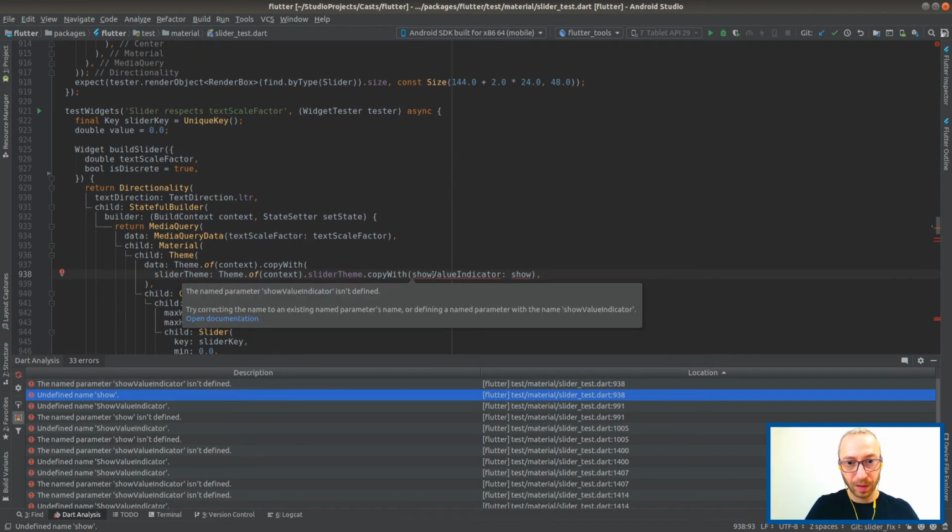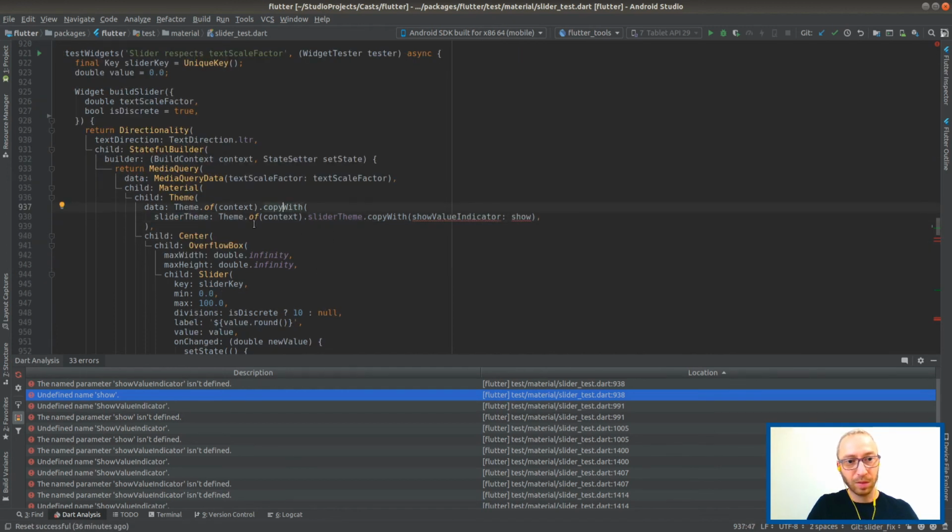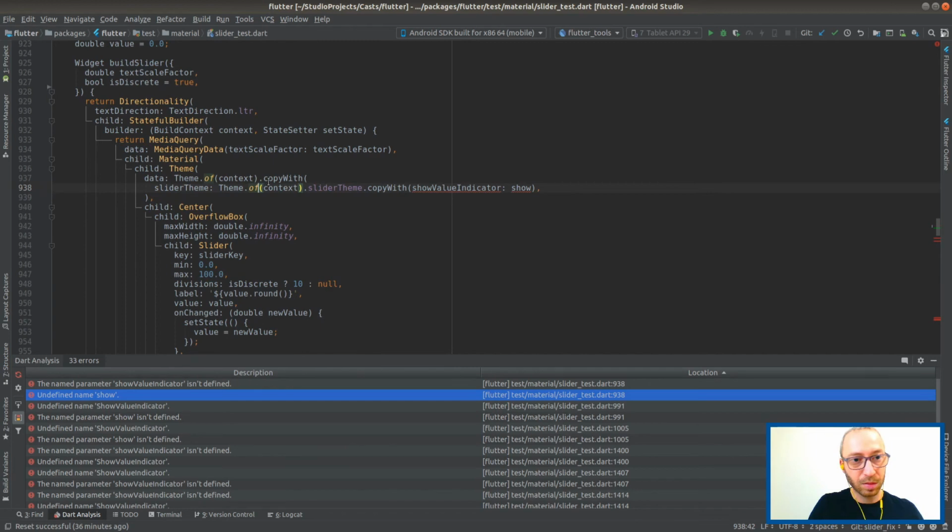Oh yeah. Copy with. Right. So what was show over here? Right. So we don't need to copy anymore. Just that. Yeah, they also do the copy with like I did. They don't have to. I mean, this is the only reason they do that over here, I think. Just to override the theme.